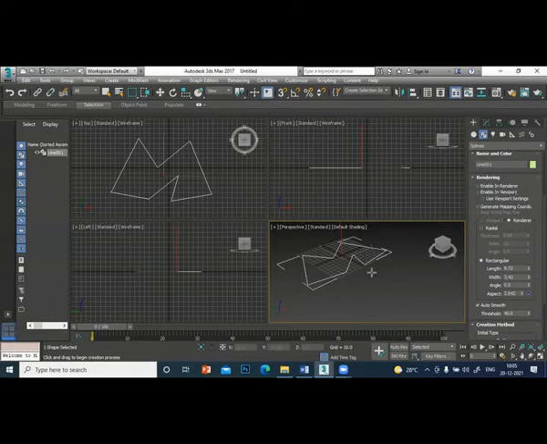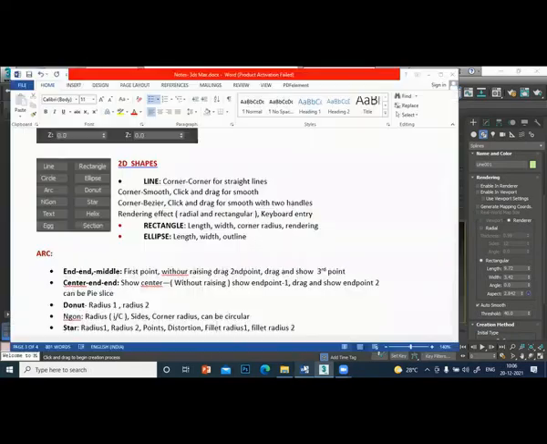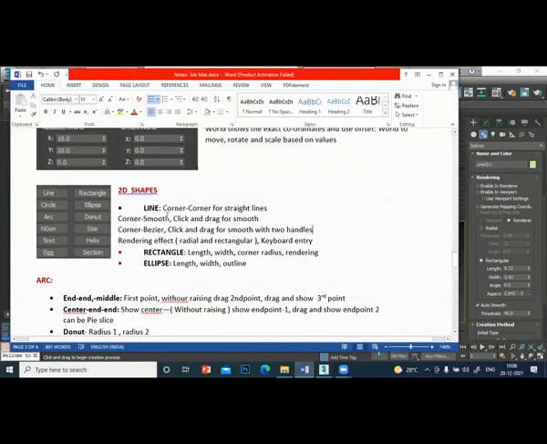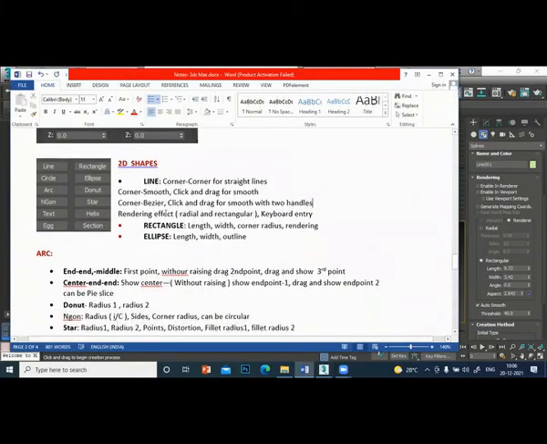Enable in viewport means you will see it in the viewport also. So along with the line, rendering effect, radial and rectangular are available.